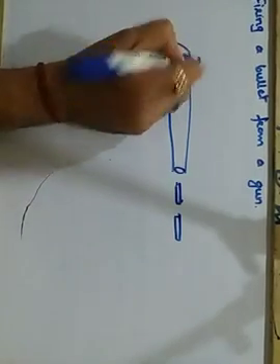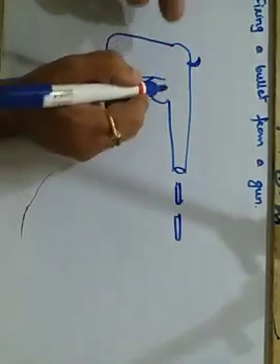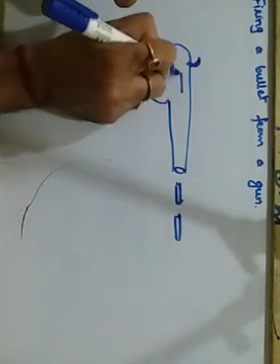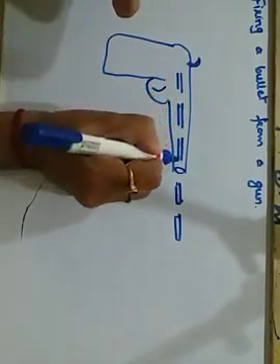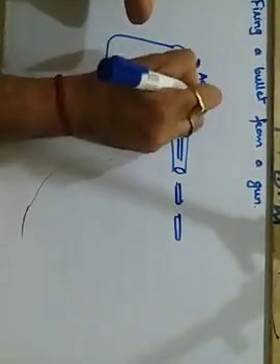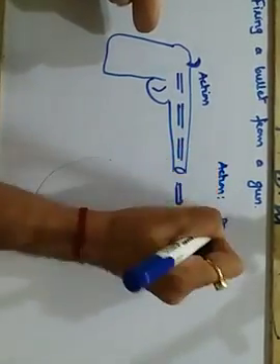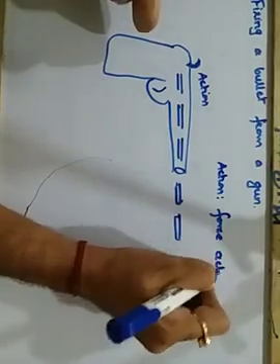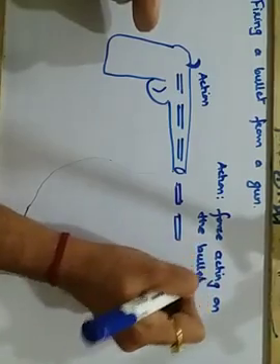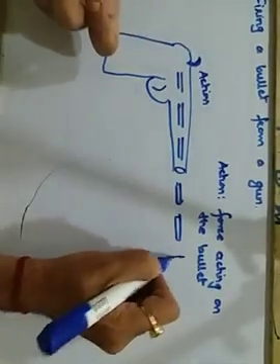So here through the trigger, when you are triggering it, there is an armature which actually creates a high velocity pressure, because of which the bullet from inside will come out with a greater velocity. So here the action is taking place. Action is on the bullet. The action is the force acting on the bullet. Then the bullet will move in the forward direction.